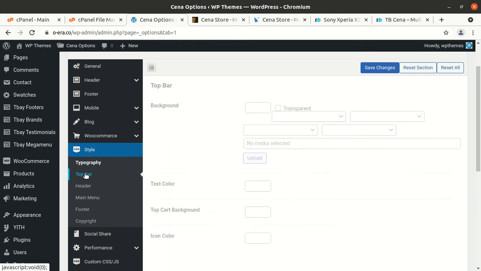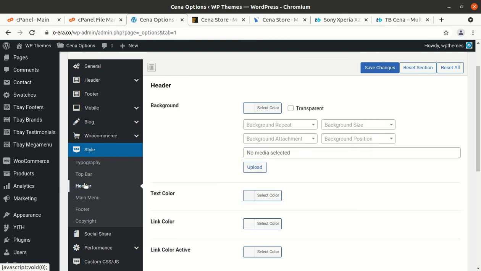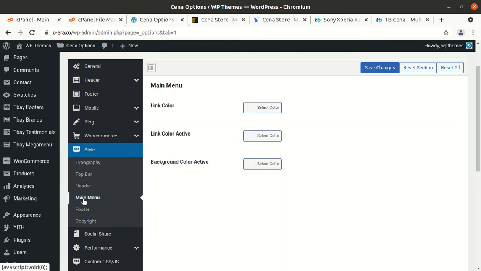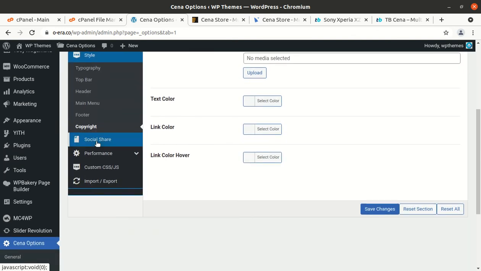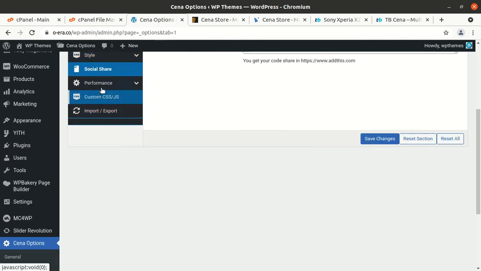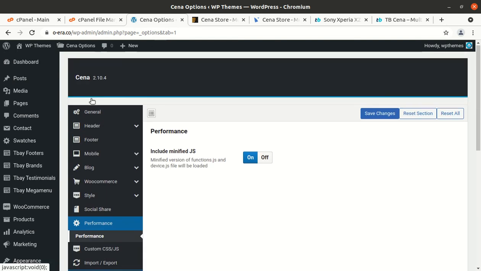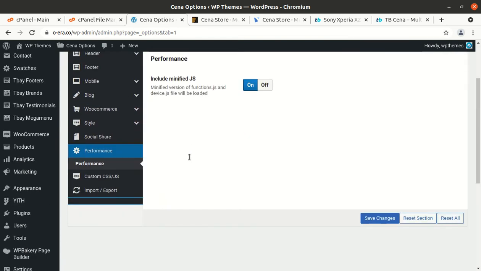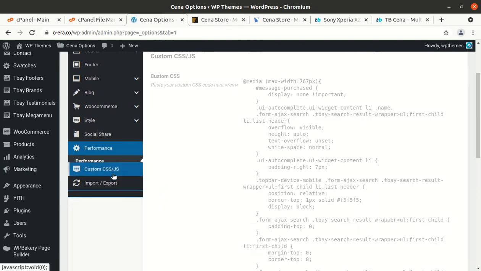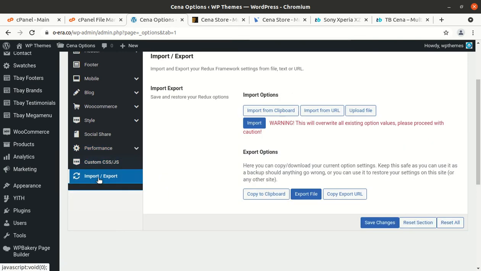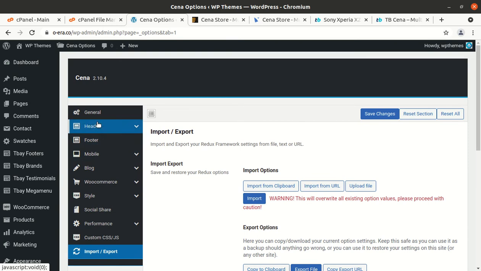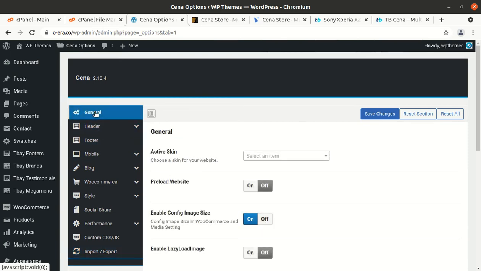Typography, top bar, header, main menu, footer, and the copyright text. Social share is here, and you can improve the performance as well by minimizing the files. So minified JS you can use, and custom CSS can be put here, and import export is a common thing. So all controls have been given in the theme panel itself.